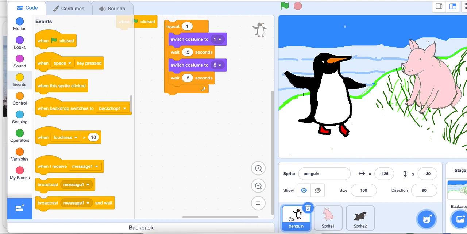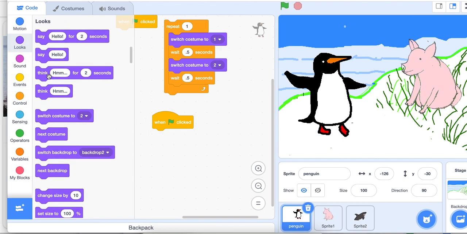Same penguin, but this time after it starts talking, it's going to do something a little bit different. We can have the same conversation. Remember, they were talking about how it was getting warmer. Hello, pig. How did you get here? Okay, but this time,